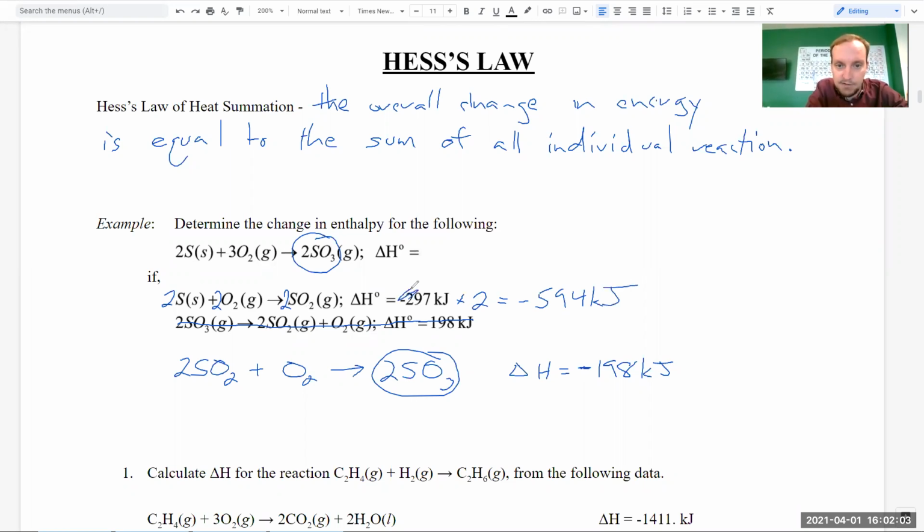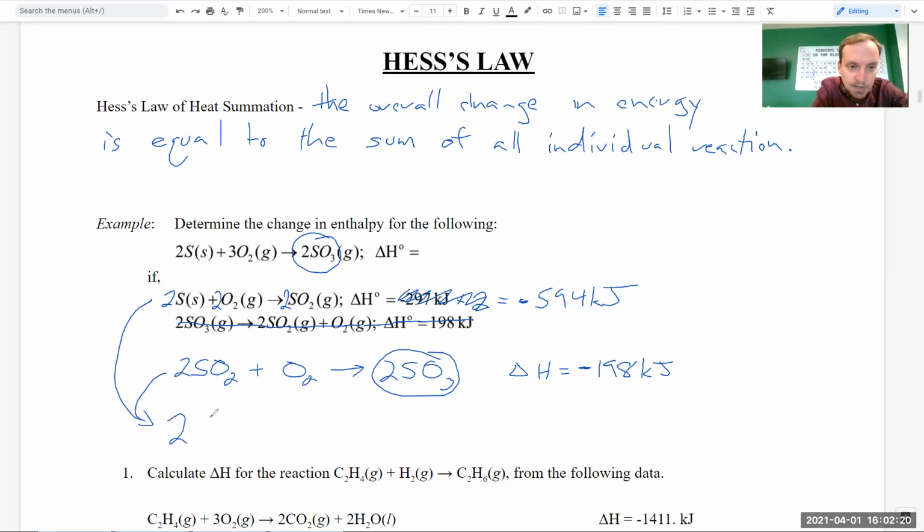Okay, so this again is no longer valid. So we've doubled that one. The one right below it, we have flipped the other direction. And so we flip from positive to negative. So now that we have that, I'm going to go ahead and combine this one and this one into one